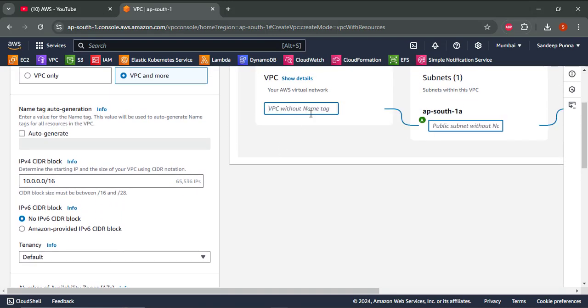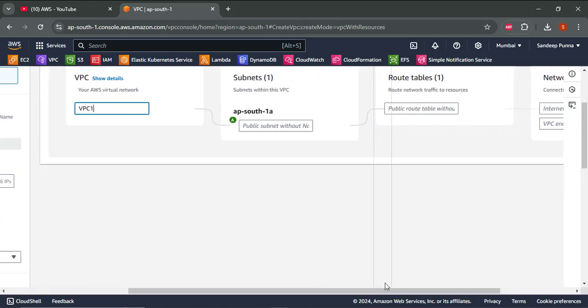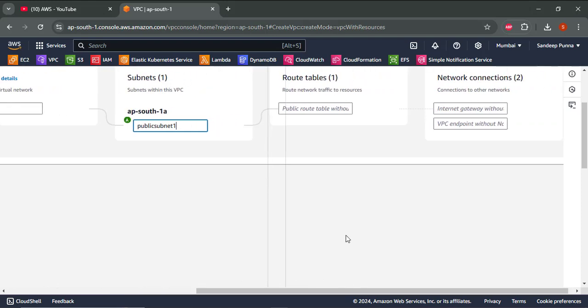Here I will name it VPC1, public subnet 1, RT1,